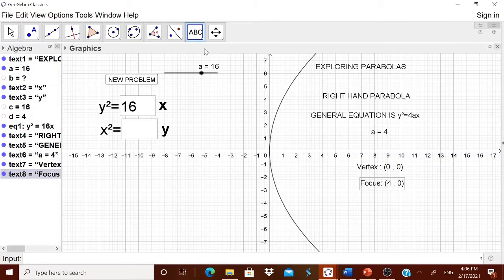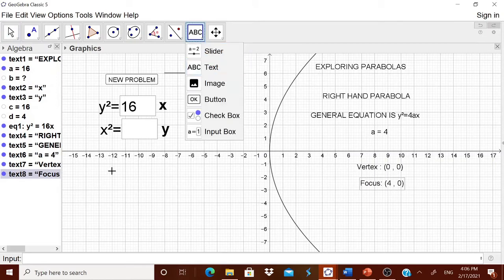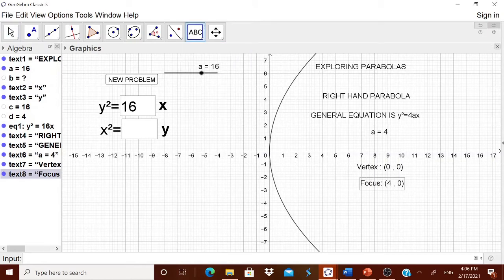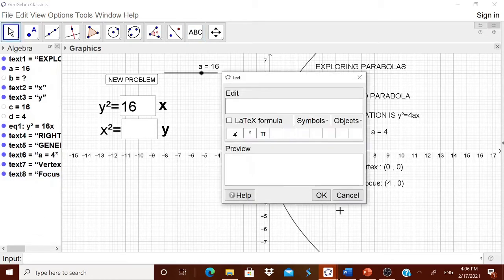Okay, now you can tell the children what is 4 into d. For example, you can directly take c, there won't be any issue. Therefore length of latus rectum is equal to 4a, from this here c can be written directly, therefore it's equal to 16.